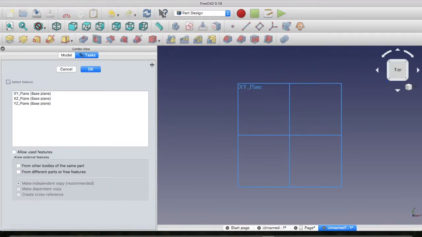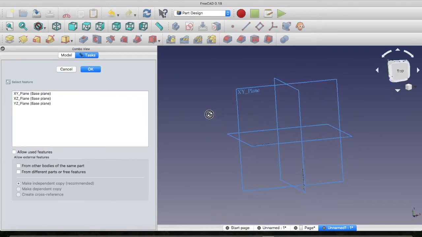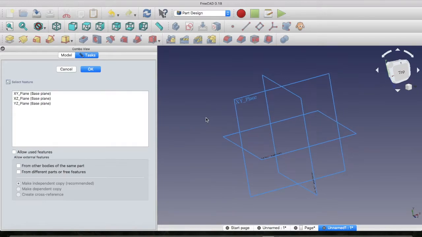As we click this button, we are now prompted to select a plane on which we intend to draw our sketch. There are three axes of reference in a three-dimensional object, namely X, Y, and Z. Therefore, there will be three planes available for us, namely XY, XZ, and YZ. We shall select the XY plane, meaning a plane consisting of X and Y axes, which are the most common axes